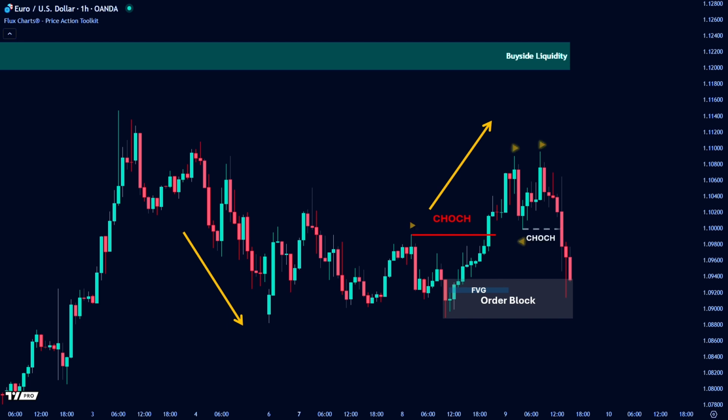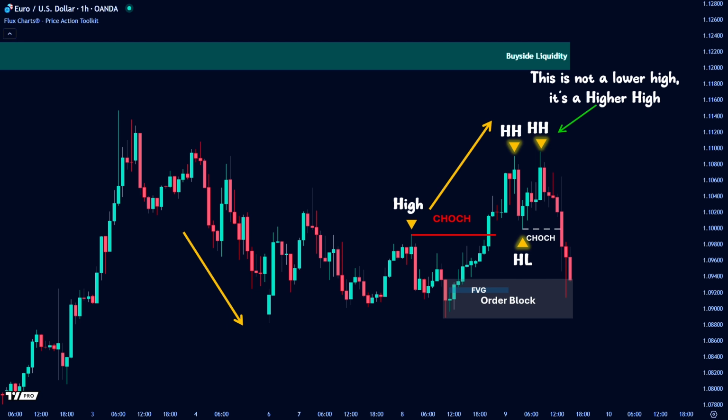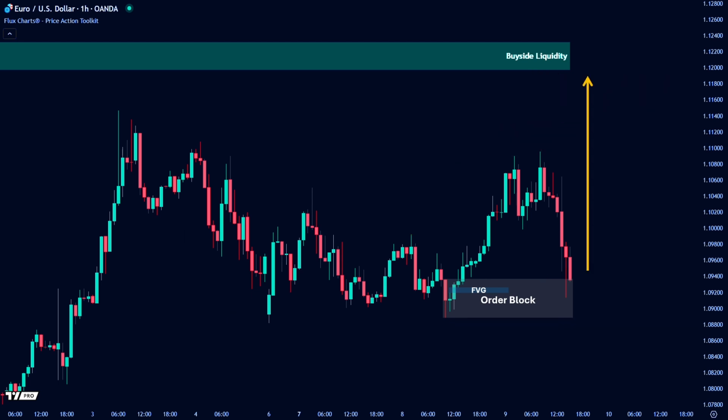You may see this break as a change of character, but as we have mentioned before, when we are in a clear uptrend, to confirm a more trusted form of change of character, we need to see a lower high first. Here, we cannot trust a break as a reliable form of change of character because there is no lower high to indicate the uptrend is weakened. So we expect the price to tap into this order block and then start to push higher to reach this